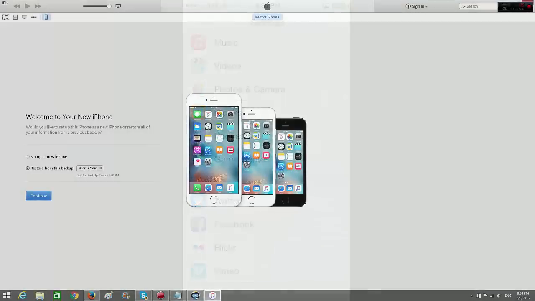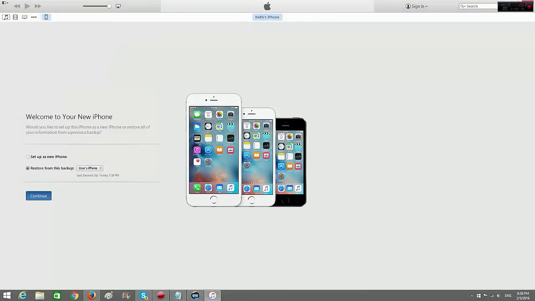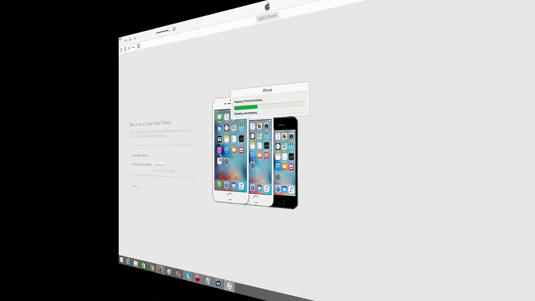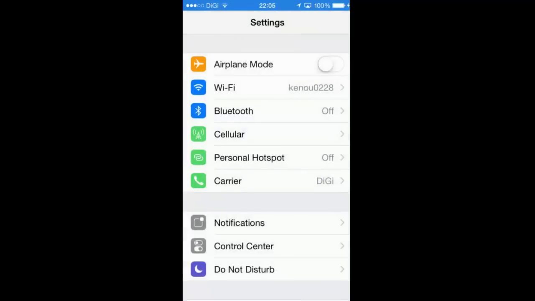So what I need to do in the 5th step is to restore your iPhone. Just simply connect it to your iTunes, click on continue to restore it back to the setting that it was before you did the factory reset. Now once the restore is completed, you should be getting your device back in its original state. So I need you to go to Setting again,